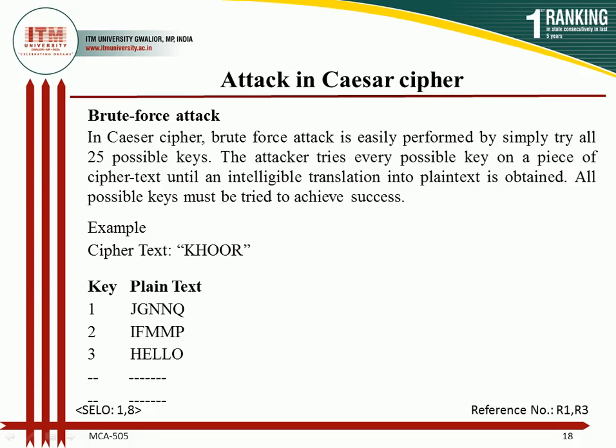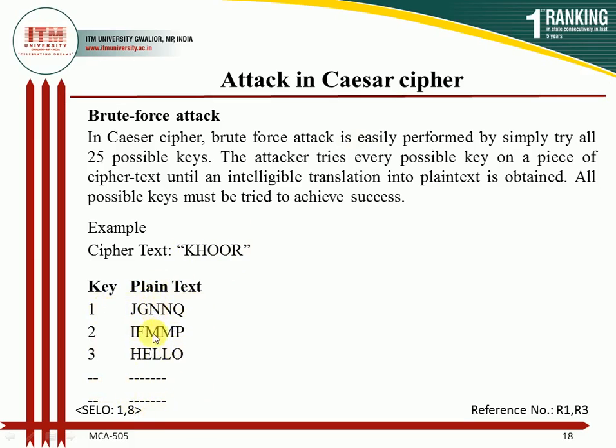The attacker will just try all the keys. Suppose here is the ciphertext that the attacker will easily get, because attackers can easily get the encrypted message over the network. So what he or she will do is just take the message and try applying the keys. Suppose first they try with the key 1. From all these messages, with the help of the key, they can easily get the actual message, right?